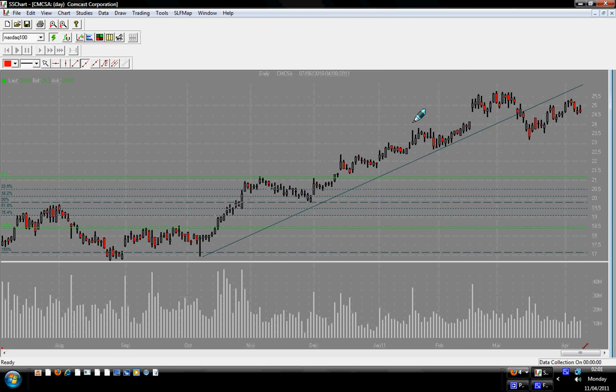Very important: if the price is in the uptrend, usually you will see the price going through a channel. This is the bullish channel. In the uptrend, very often you will see the price going through a channel. So you see now there's a channel there. You can draw the middle line if you want to, but the price is out of the bullish channel.